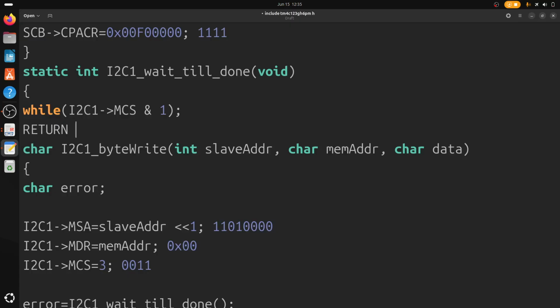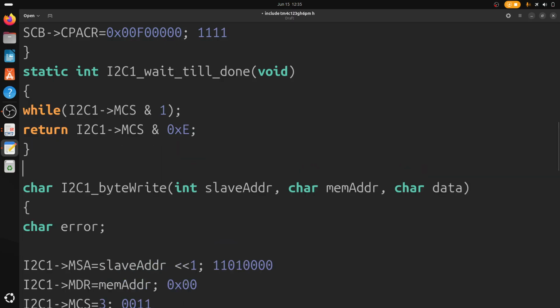Return I2C 1 implies MCS and 0x8. So here we are checking the address acknowledgement bit, and the line is saying I2C is now using the MCS register, and this MCS register is now equivalent to E. E means